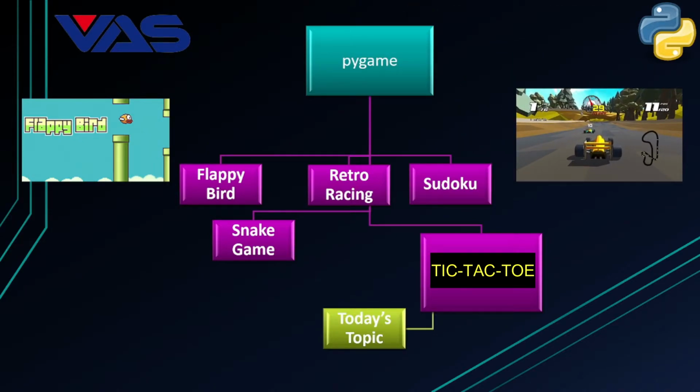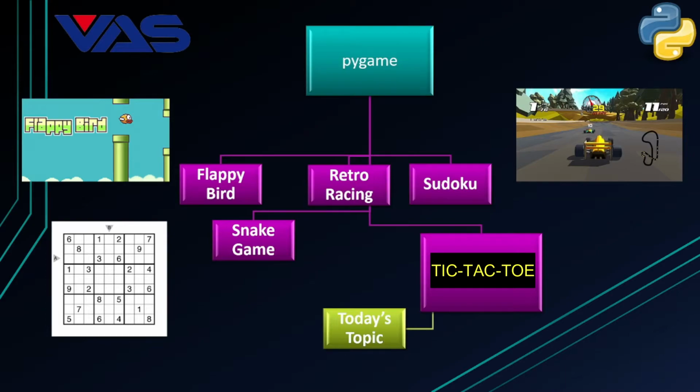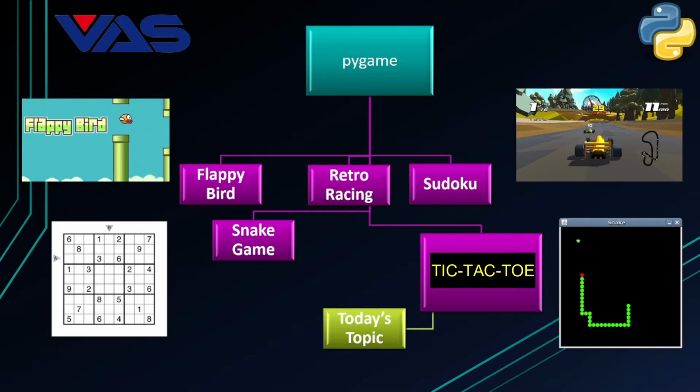Third is Sudoku, which is popular across all ages, whether you are 5 or 20 or 60. Then the fourth one is the Snake Game, also popular and one of the oldest games that we know. But we are going for tic-tac-toe.